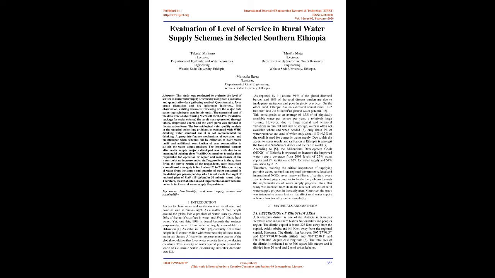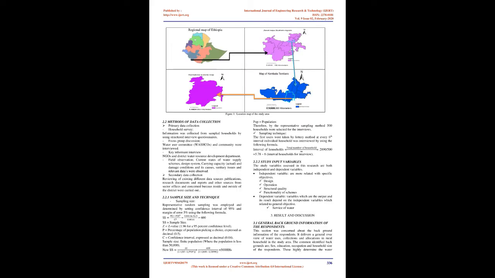Due to this, access to water supply and sanitation in Ethiopia is among the lowest in sub-Saharan Africa and the entire world. 7. According to 5, the Millennium Development Goals, MDGs, of Ethiopia is expected to increase the improved water supply coverage from 2004 levels of 25% water supply and 8% sanitation to 62% for water supply and 54% sanitation by 2015. Therefore, realizing the critical importance of supplying potable water, national and regional governments, local and international NGOs